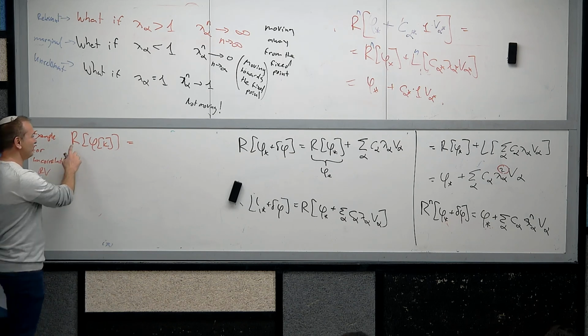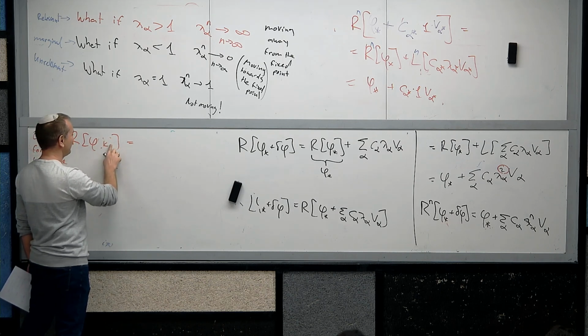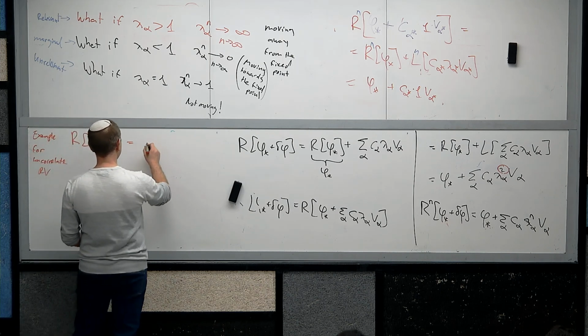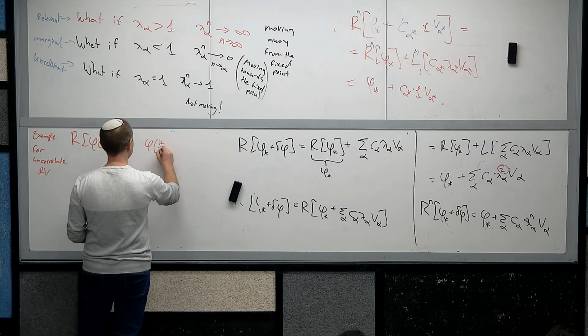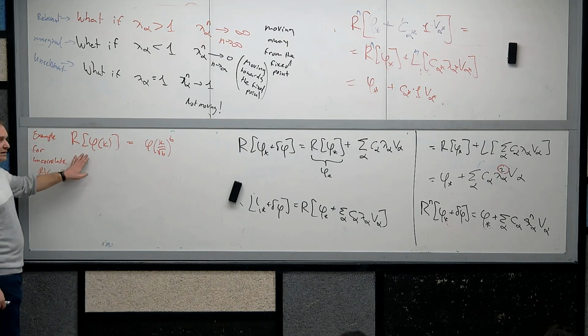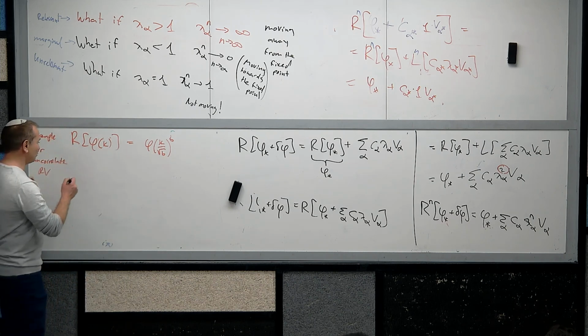So we know there that R applied to phi of K produces phi of K divided by square root of B to the power B. Now, it's easier to work not with the characteristic function itself, but to work with